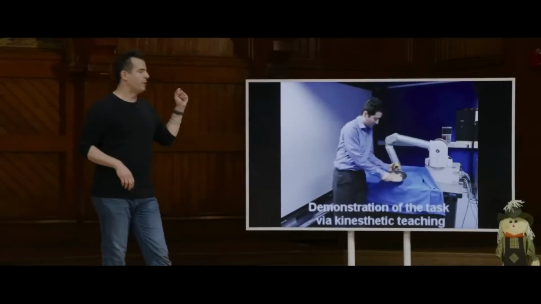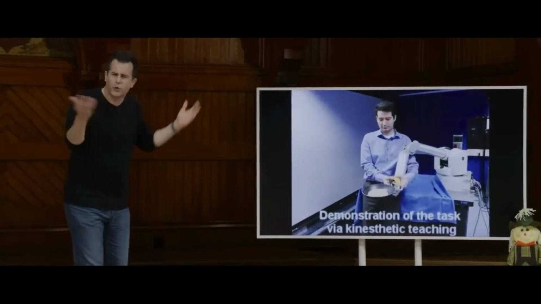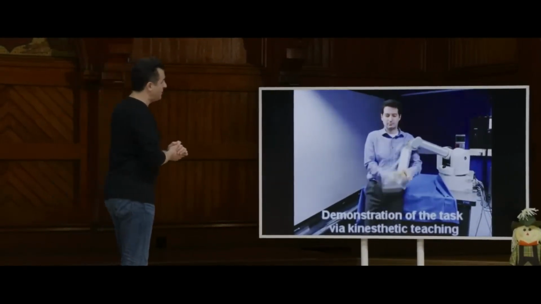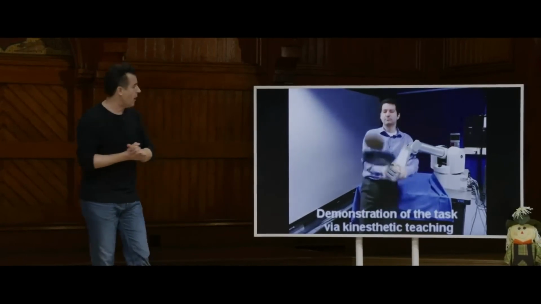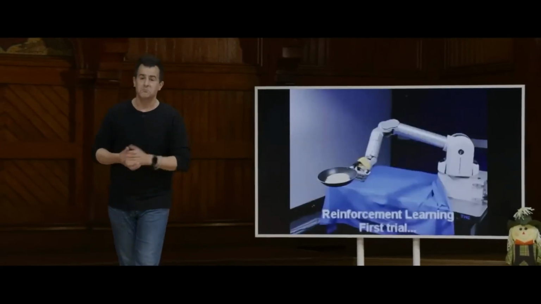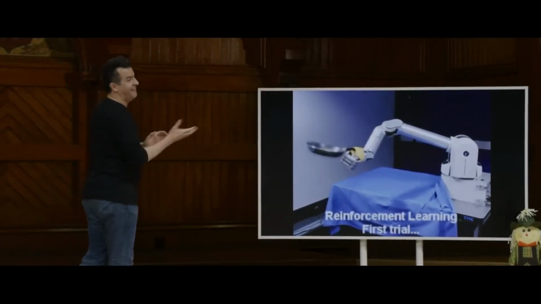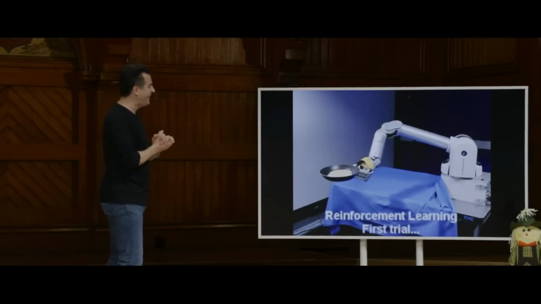The human here is going to first sort of train the robot what to do by showing it some gestures. But there's no one right way to do this. But the human seems to know how to do it pretty well in this case. And so it's trying to give the machine examples of how to flip a pancake successfully. But now, this is the very first trial. OK, look familiar. You're in good company.